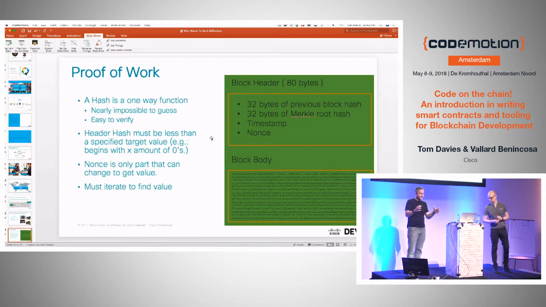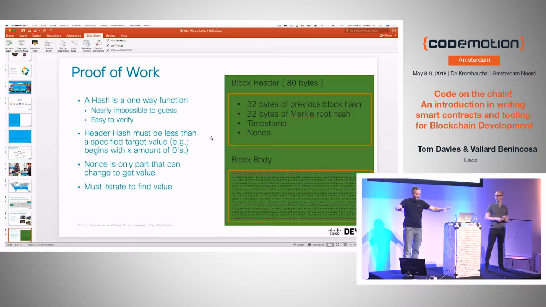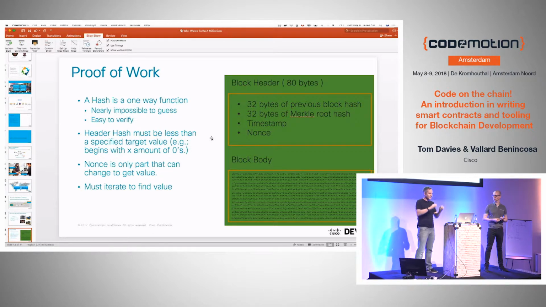So in the mining pool, what we do is we divide up among all the different people, and they're all just flipping nonces. They're just changing the nonces to come up with the right one, and that's how we actually do proof of work. What's nice about this is if anything changes previously, it changes the entire chain. And so the chain is immutable, nothing can change. Even if you change something way back when, the complete hashing of any of the subsequent blocks would be completely changed. That's how we make it immutable and tamper resistant.